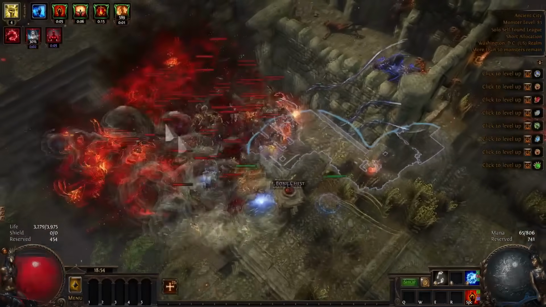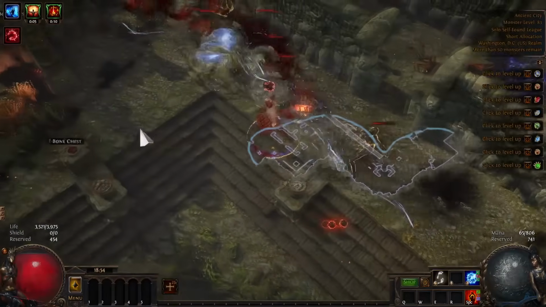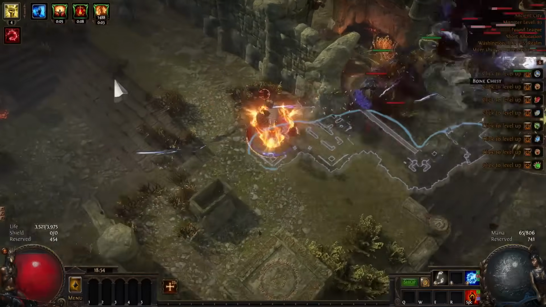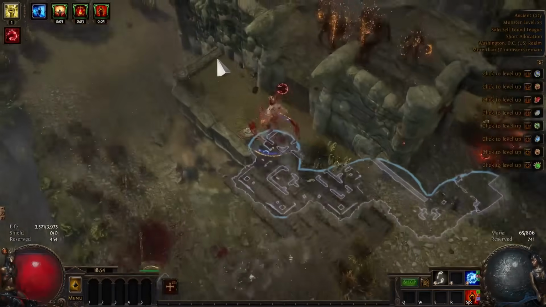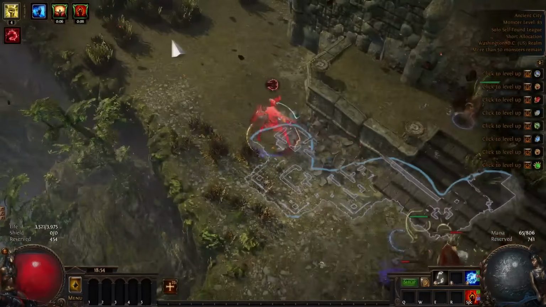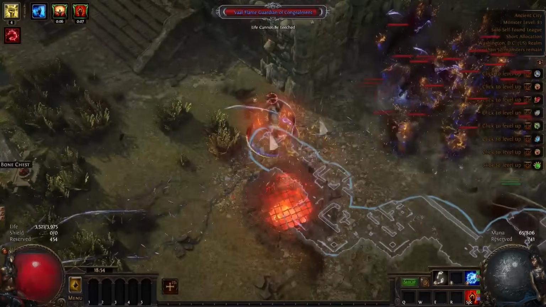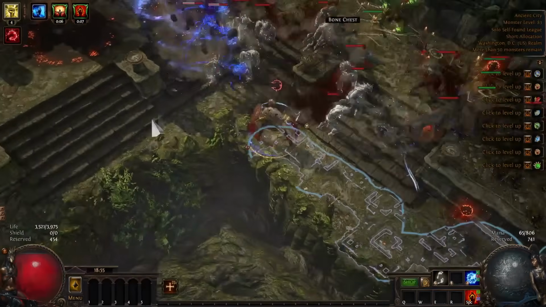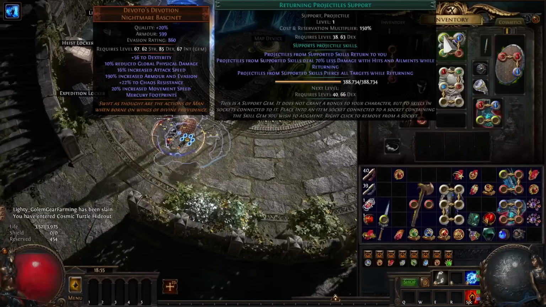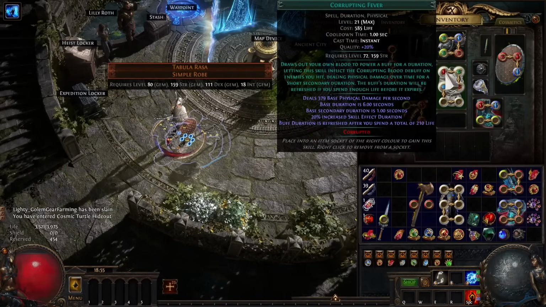You have the 4-link being, or the 5, sorry, I've just been frozen. The 4-link, which is GMP, returning proj, corrupting fever, and then, or no, I'm confusing myself here. Kinetic Blast, Life Tap, GMP, Returning Proj. That's the 4-link. Oh my god, I'm sneezing. Holy shit, I'm getting an allergy attack. Alright, Returning Proj, Kinetic Blast, Life Tap, GMP. That's your 4-link. And then Corrupting Fever is...